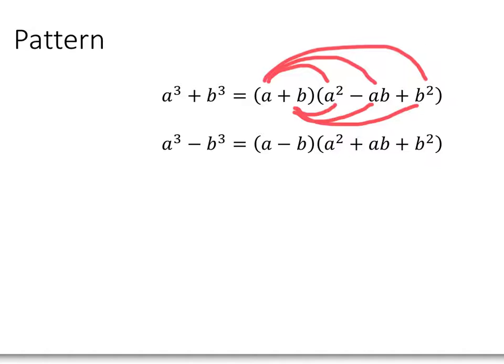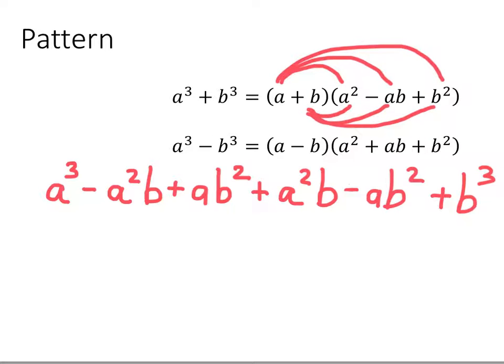We need to distribute a to all three terms in the second factor and b to all three terms in the second factor. When you do this, you will see that the minus a squared b and the plus a squared b terms zero out, and so do the plus ab squared and the minus ab squared terms, leaving you with a cubed